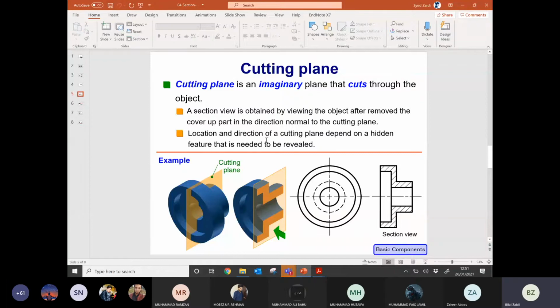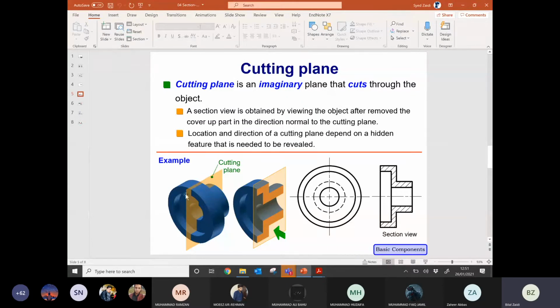Right? And the location and direction of the cutting plane depends on the hidden features that need to be revealed. Now, the cutting plane may not be in the middle, sometimes maybe on the right side, maybe on the left side, depending on the details you want to show. So just assume for instance that your cutting plane is right in the middle, as in the first figure on the left.